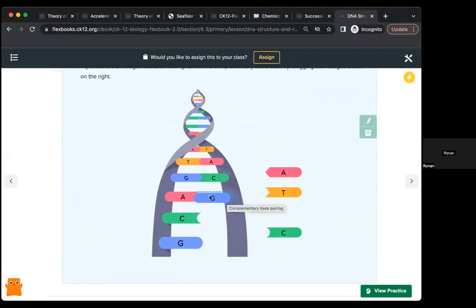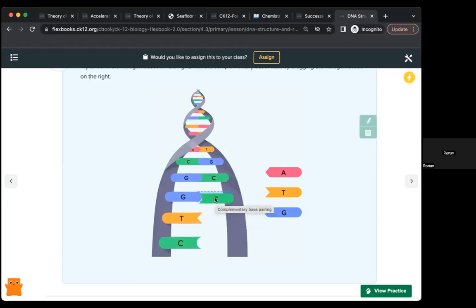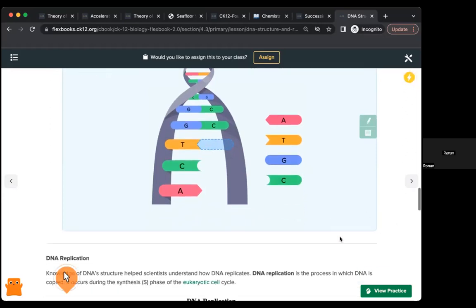If I try to put the wrong one, it just goes back. Yep, those don't link. These ones link, and we can just keep building DNA and get the idea of how that works. So this is just some really cool interactive